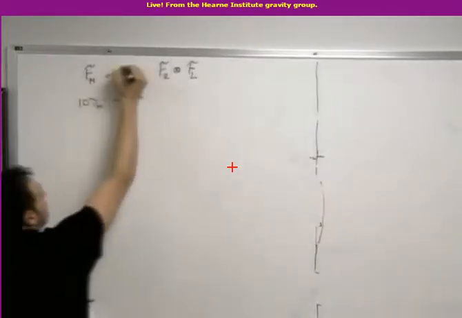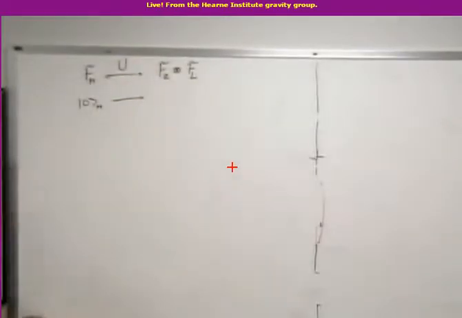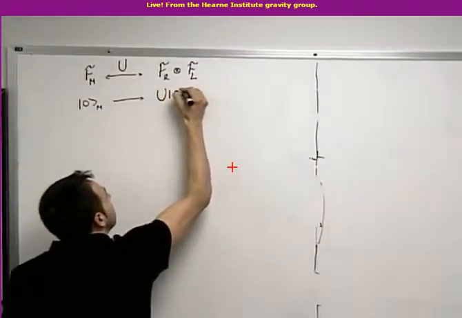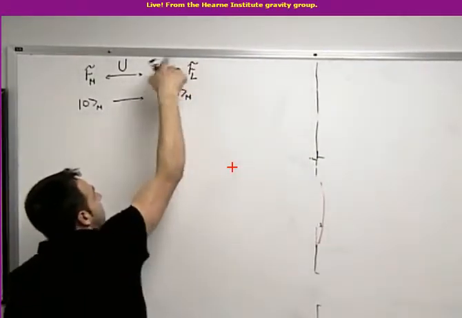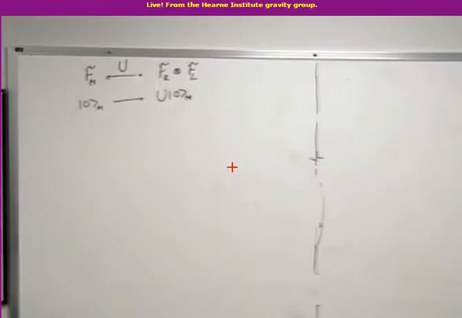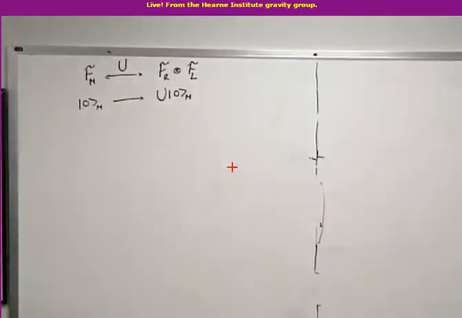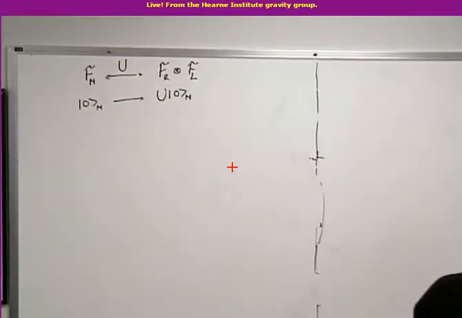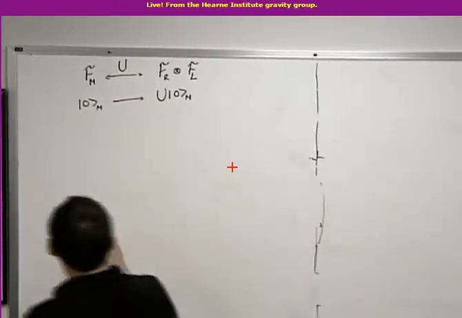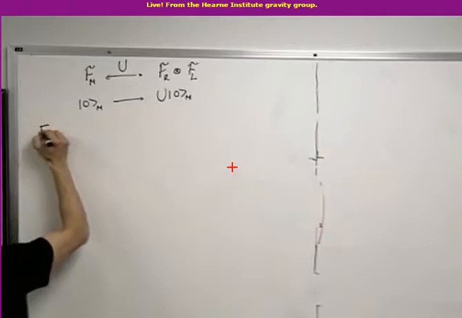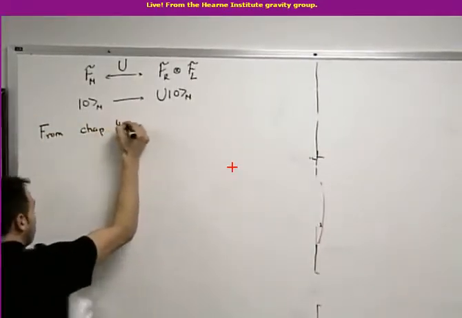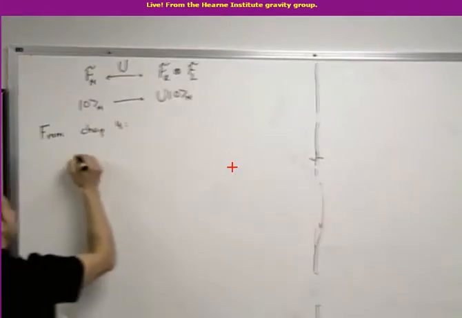So if that relation is given by some operator U, that we expect to be a unitary operator, the state Minkowski vacuum here will be some state in this space, and this is what I want to know. This is what I really want to write explicitly. But we know how to do that because we have alpha and beta. So we know from chapter 4 that